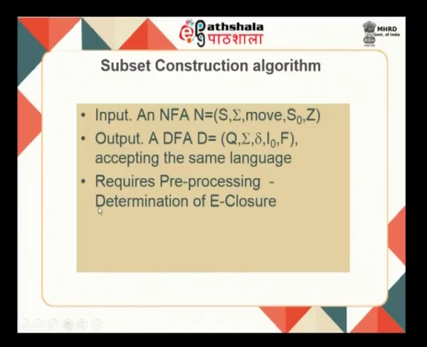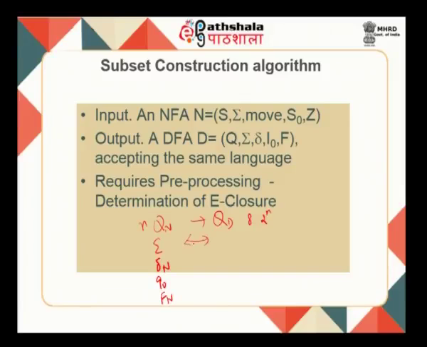Now, this algorithm requires us to do some pre-processing, but before that, what are we trying to map? We have Q, sigma, delta, Q naught and F in your NFA, delta n, and this is going to be called Fn. Now, this Qn has to be mapped to Qd. Every state of your DFA can be thought of as an NFA's subset of states. So, here if there are 3 states, how many possible states are there in your DFA? You can have 8 possibilities, which is 2 power n. So, if I have n states in my NFA, I could have 2 power n states in my DFA.